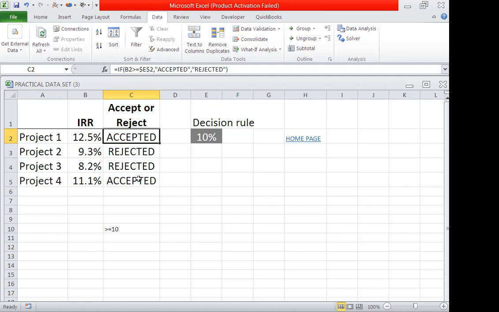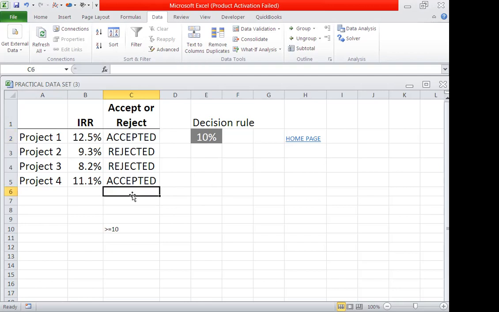You see, they can give you many projects and then give you the IRR or the net present value or the MIRR, and tell you to determine using a data analytic tool function which project is what? Viable. How many projects are viable? So suppose the data is big, if your data is big, it means that now